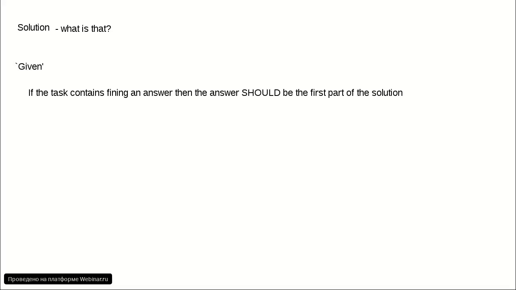But what is not so clear is what the explanation for it is. The explanation is a tree-like structure where the given part, meaning the conditions of the task,